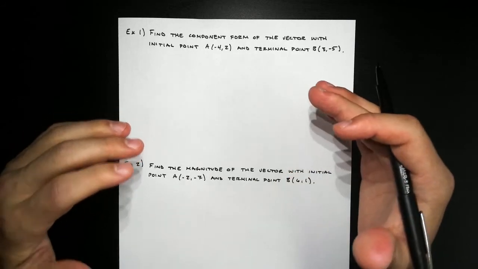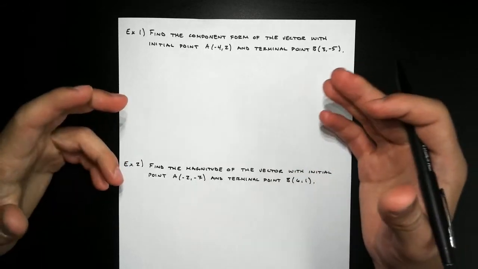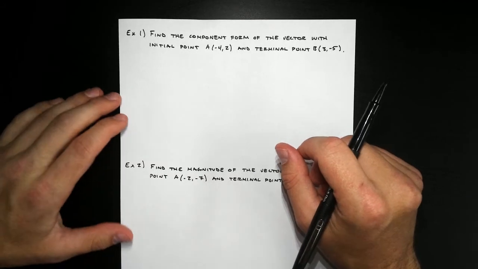Now, both these things are relatively straightforward processes. All we're going to be doing here is basically just using the vector to create a triangle, and then we can use that triangle to find the information we need. Okay, so the component form of a vector